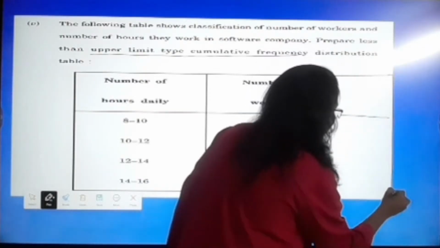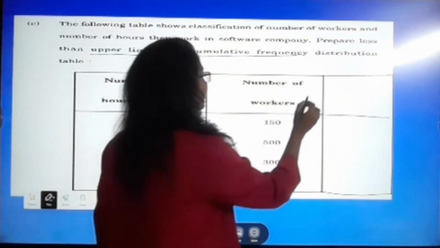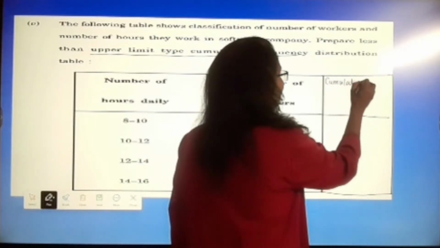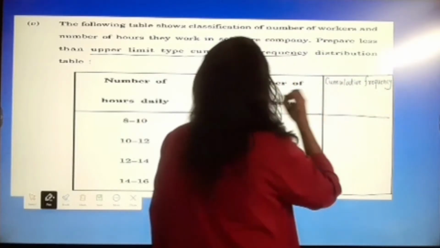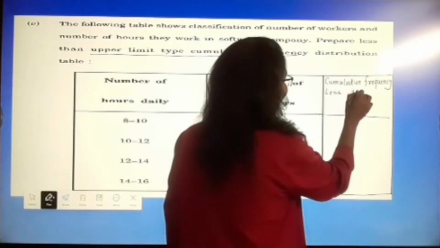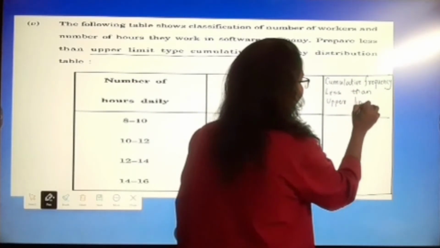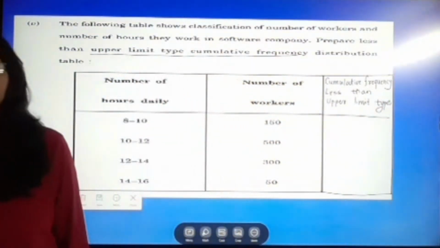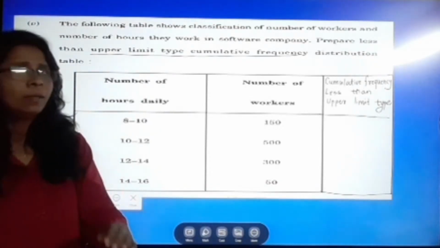Here students, I write down the heading: cumulative frequency, less than upper limit type. Okay students? So now here, for the upper limit type,